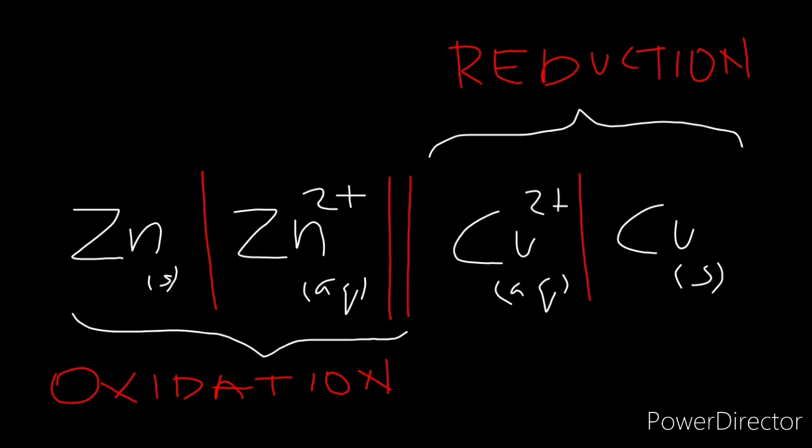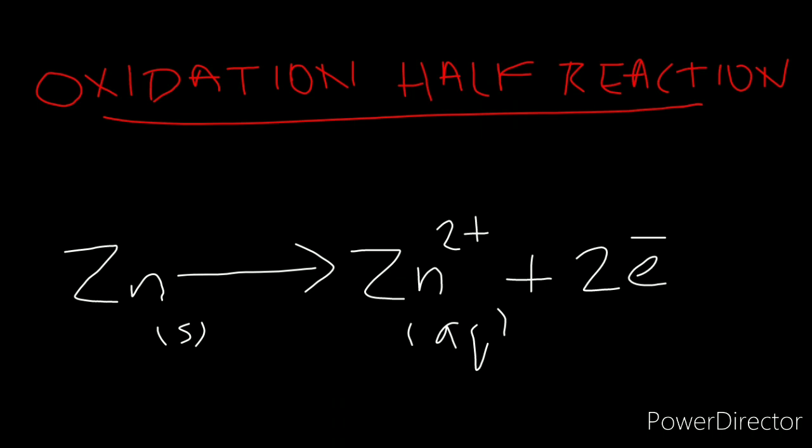And the following reactions occur in the cell. First, zinc goes into the solution as zinc ions, that is, zinc atoms in the electrode get deposited as Zn2+ ions in the zinc sulfate solution, and it can be written as Zn(s) changes to Zn2+ + 2e-. That is, a solid zinc atom changes to a Zn2+ ion and the 2 electrons are donated to the copper electrode, and it is known as the oxidation half reaction.